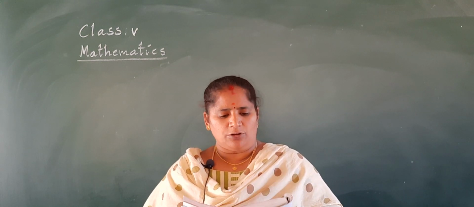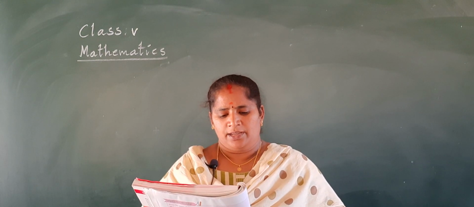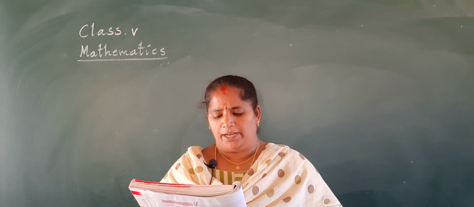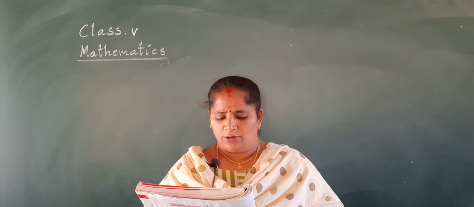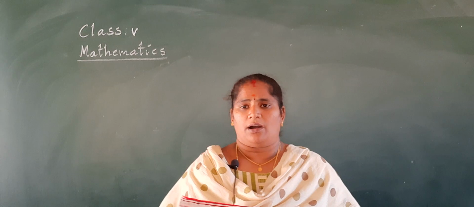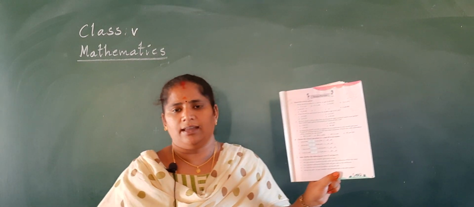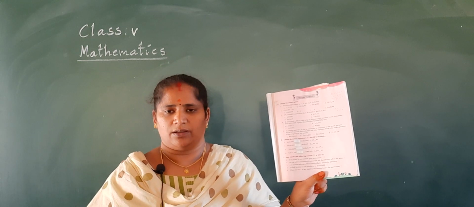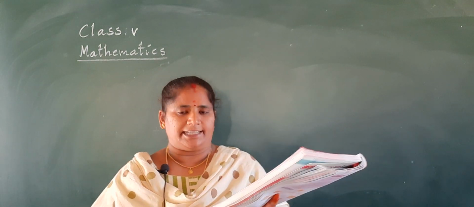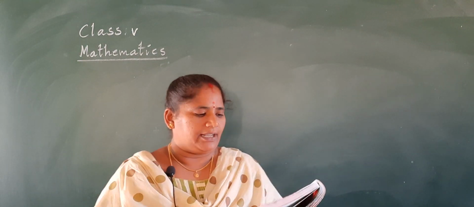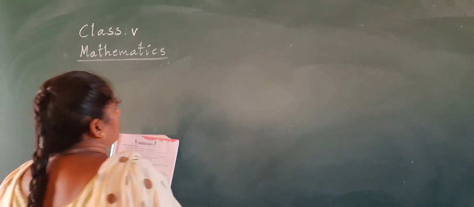There are given A Roman, choose the correct option. And B Roman, choose the correct operation, plus or minus. C Roman, state whether the following are true or false. So these three Romans we will do in the textbook only. No need to write in classwork. Okay? So open the textbook and listen carefully. First one, chapter revision.